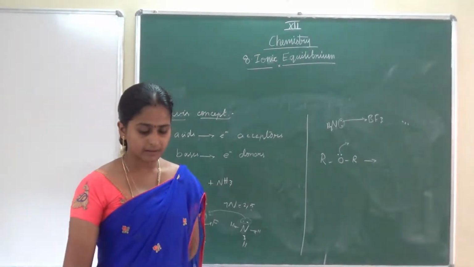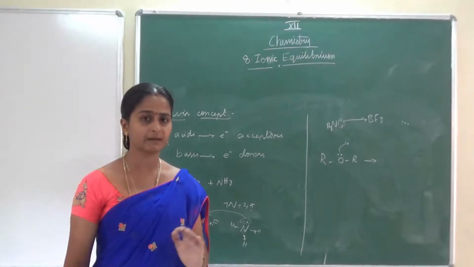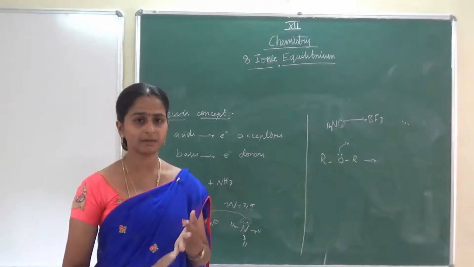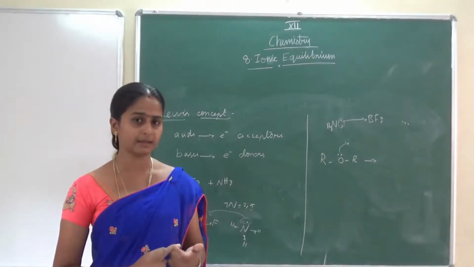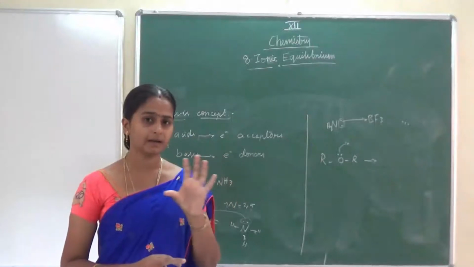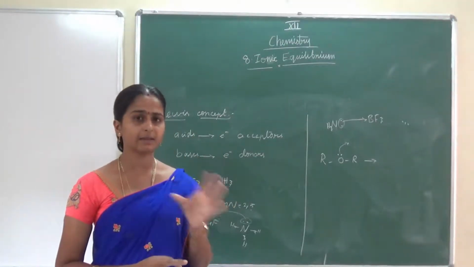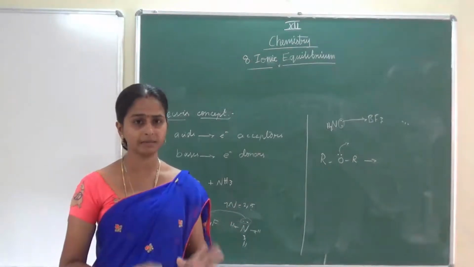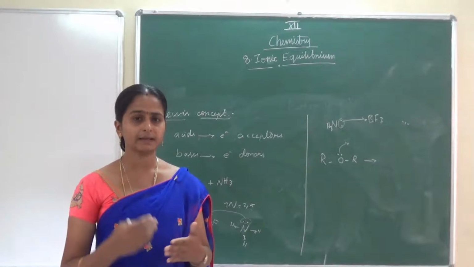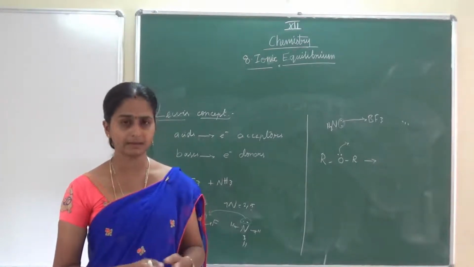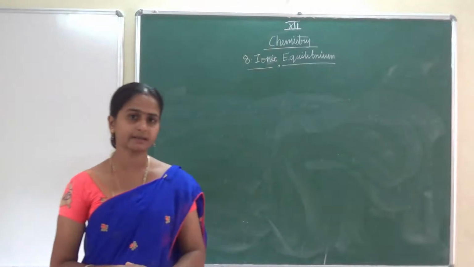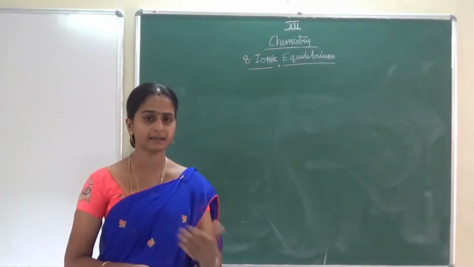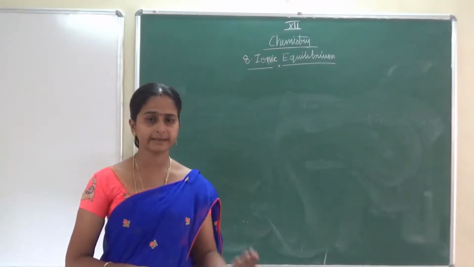Okay children, the next one we are going to see is the strength of acids and bases. So the acid base theories are over: Arrhenius theory, Lowry-Bronsted theory, Lewis acid base theory. They just gave an idea about what is acid, what is base, covering all types of acids and bases. Now we are going to see the strength of acids and bases. Strength of acid and base means strong and weak: strong acid and strong base, weak acid and weak base.